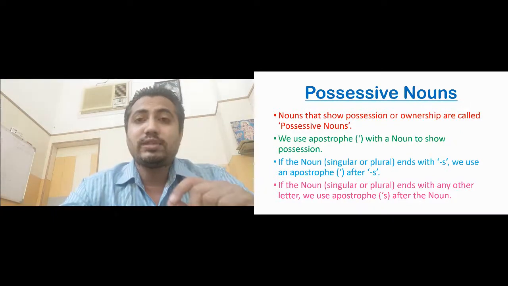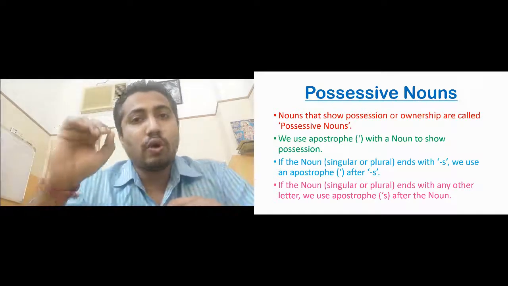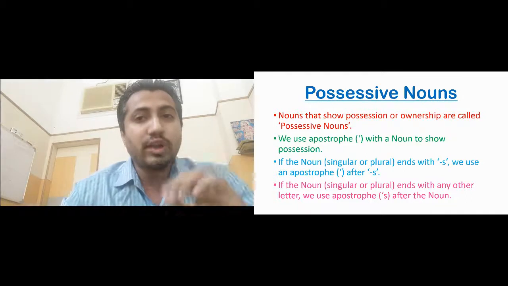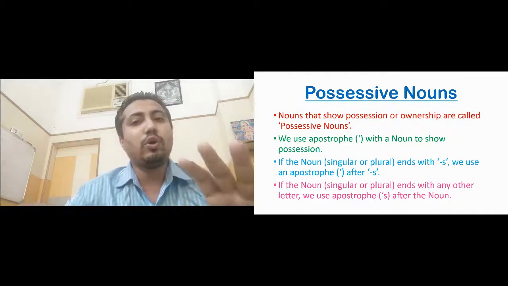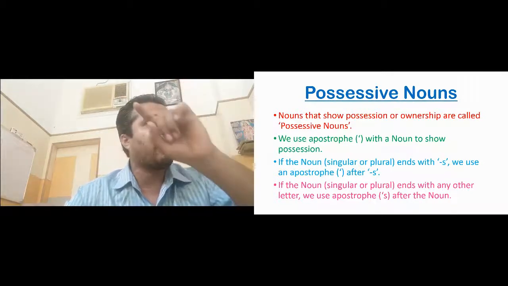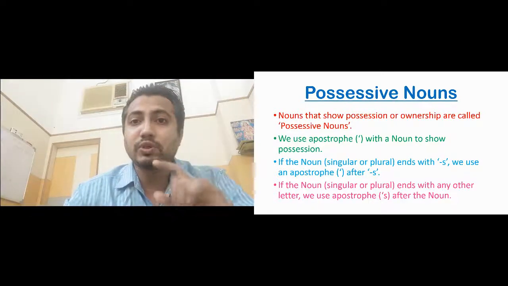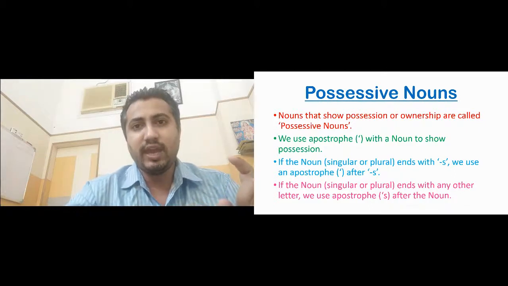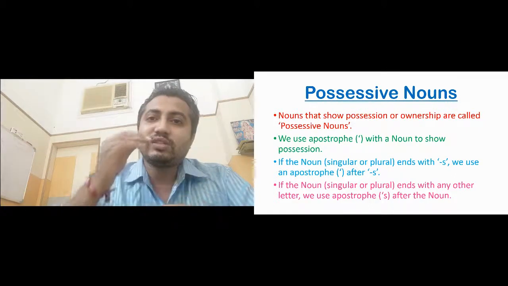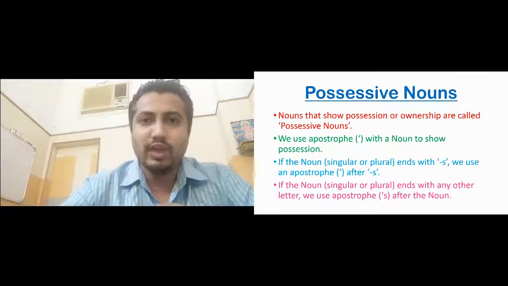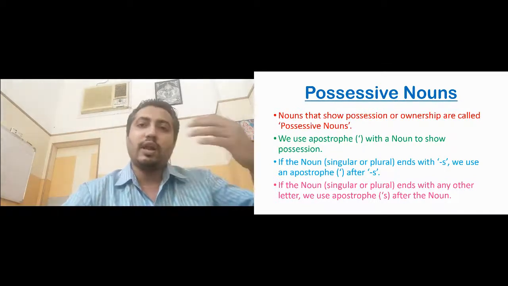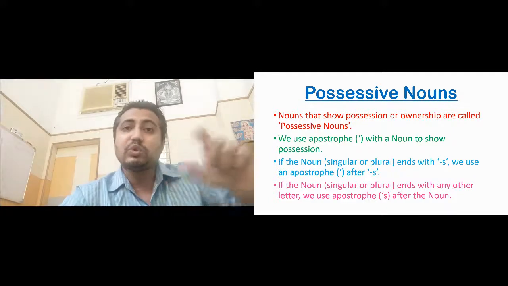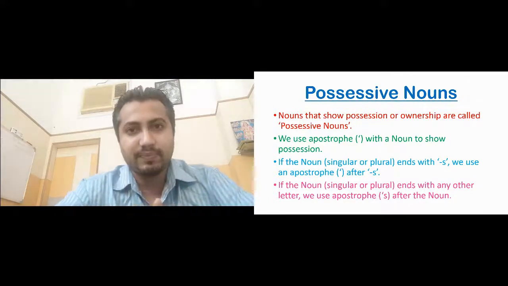First of all we need to understand is, if we want to show possessive nouns or if we want to show possession or if we want to show ownership, so we have to use apostrophe s. We have to use apostrophe s, noun, उसके बाद apostrophe and then s. Okay, this is how we can change noun into possessive noun. Okay, when we use apostrophe s, the noun becomes possessive noun. Okay, apostrophe s ये दिखाता है कि कोई भी चीज वो noun को belong करता है. Okay, now